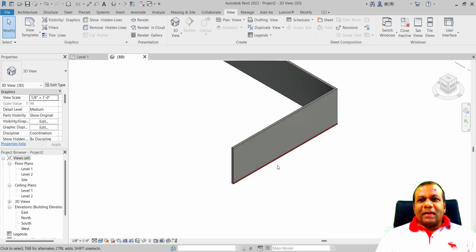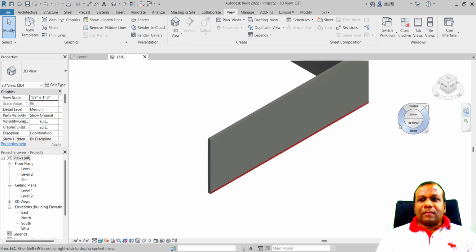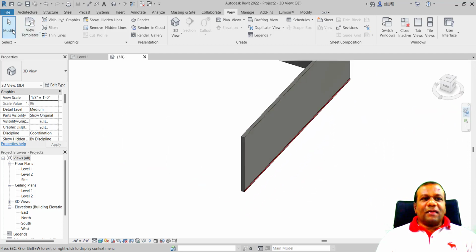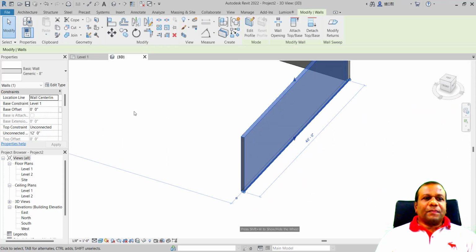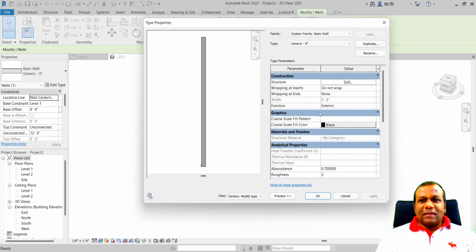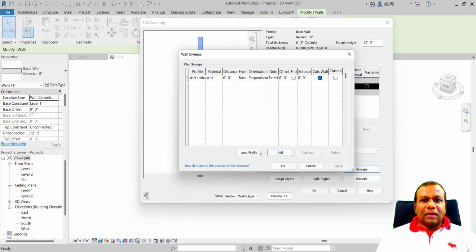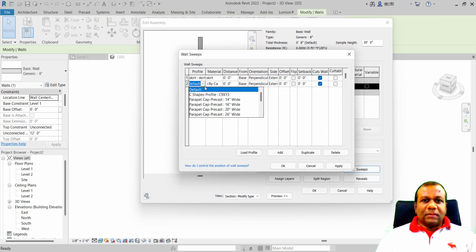Right. See. So if you want to make it on the interior, nothing, just select the wall, Edit Type, Structure Edit, click Sweep, add another one. It's already loaded, select this loaded one.